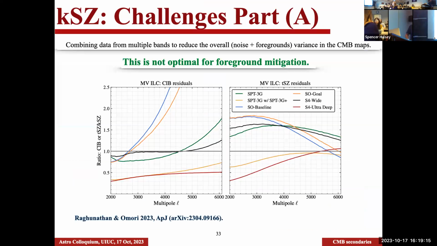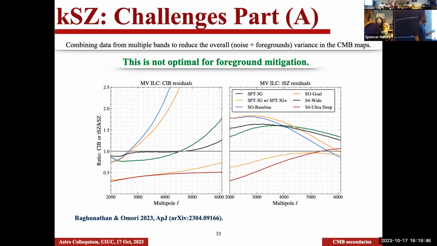Okay, so even for these future surveys, right? These future surveys are very low noise. They have multiple frequency bands. But even for these future surveys, we have to be very careful in how we handle our data. So if we just take data from all the bands, not just the 3 bands, but from 6 or 7 bands, and if we combine them in a way such that the signal to noise improves for whatever we want to measure,